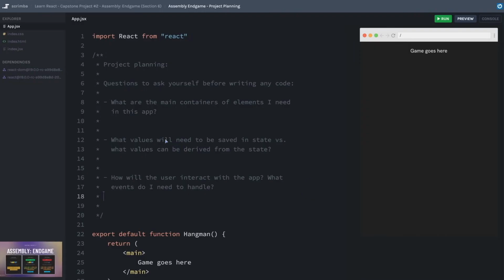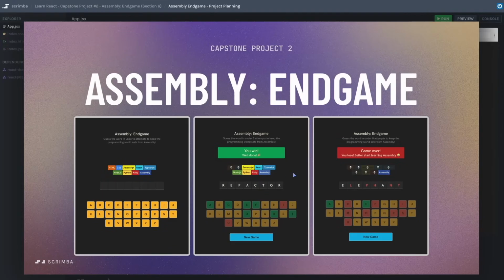Now, you'll notice I'm not necessarily typing the answers down here. I think it's helpful to type the answers down, but for the sake of time, I'm just going to be speaking them out loud. Okay, we kind of touched on this already. How will the user interact with the app and what events do I need to handle? It seems like the main point of contact is our keyboard here. The user will be clicking on the keys, which should cause re-renders where it will determine if that was the right guess, wrong guess, change the keyboard, update our word, or kill off another programming language. So the keyboard is probably the main point of contact with our users. And lastly, a new game button, which of course will only show up when the game is over.